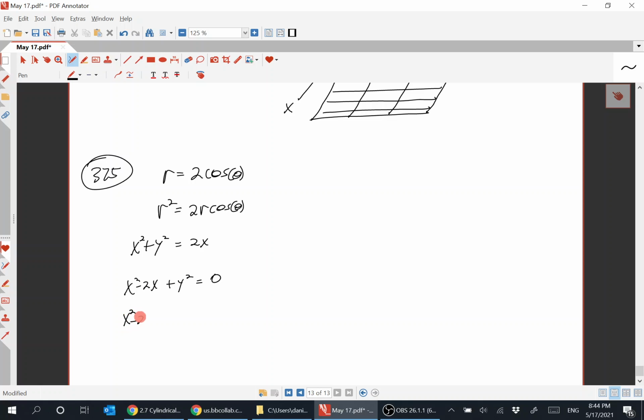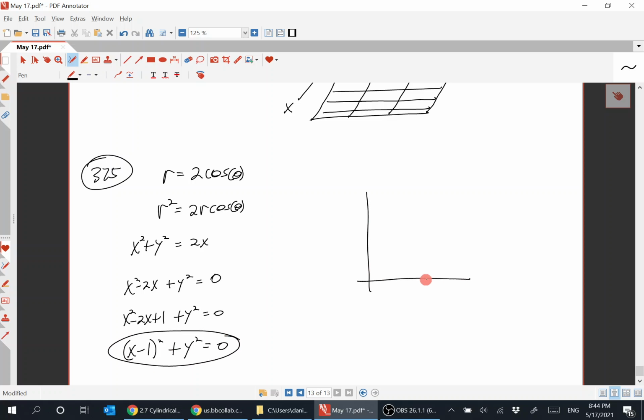So then you complete the square: plus 1 plus y squared equals 0. So that's x minus 1 squared plus y squared equals 0. So that's a circle in the xy plane centered at 1 comma 0. So it's that cylinder again,